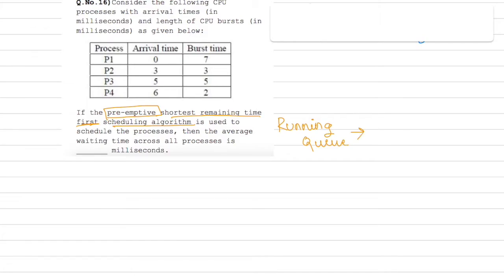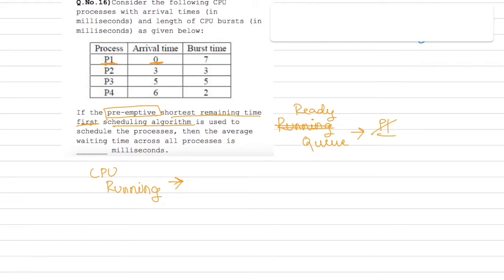Okay, so at arrival time 0 we see process P1 comes. So P1 comes into the ready queue, and then we will also track the CPU running state. What happens with the CPU as the time moves. So we can see at arrival time 0 P1 comes, so P1 is mentioned in the ready queue.